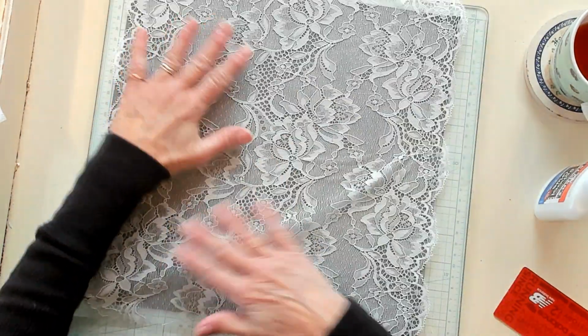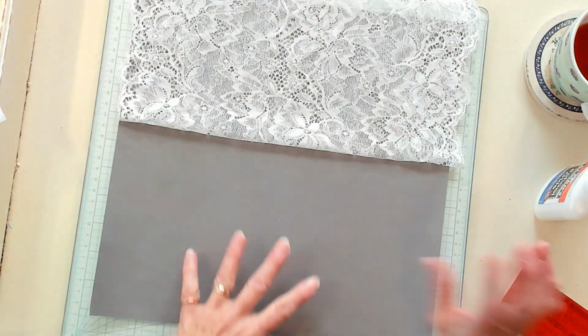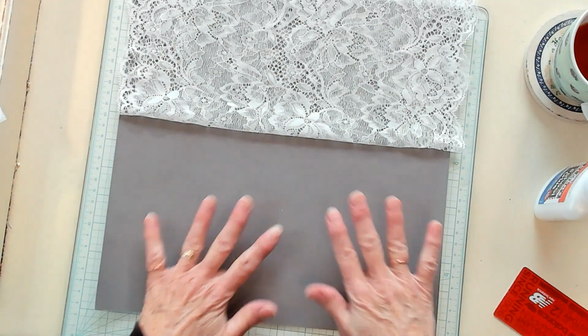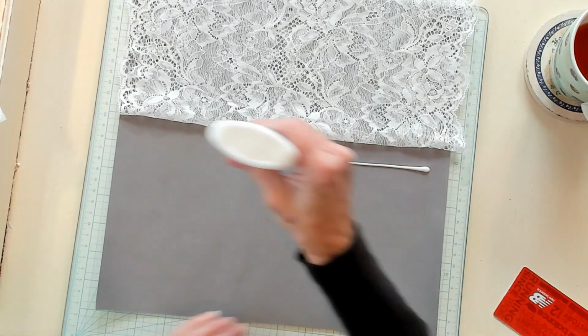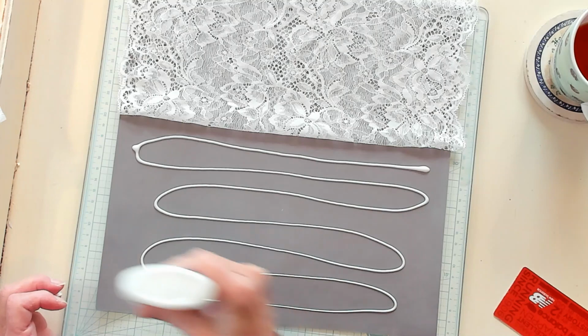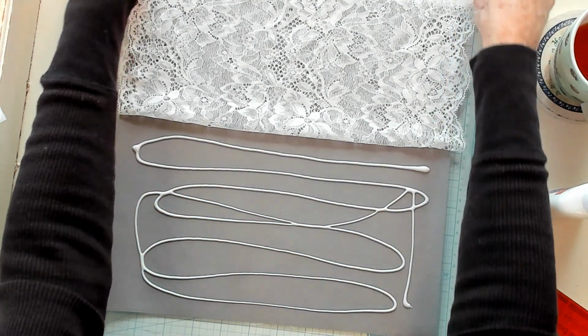Now we will not be able to make this in, okay, I've just lifted it back up. I've glued that part down, I've lifted it back up. I'm going to put my glue down here and I'm going to continue. What I was saying was that we won't be able to make our envelope today because we have to let this completely dry. And we have already